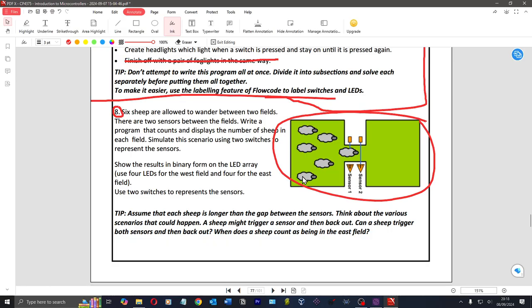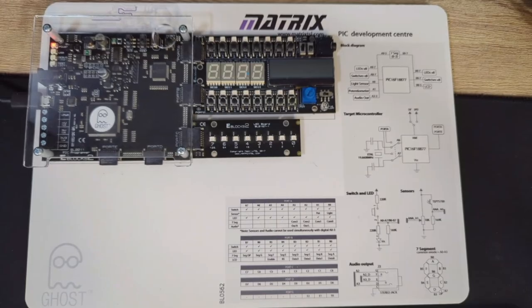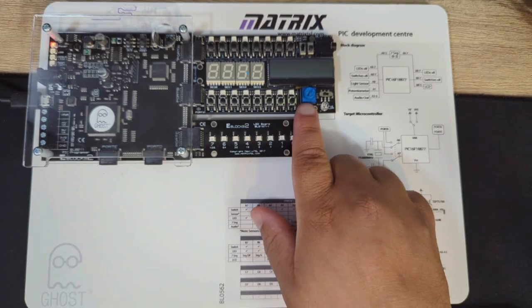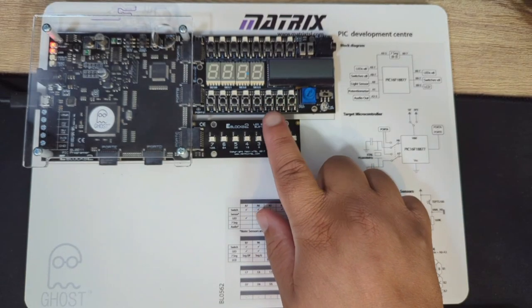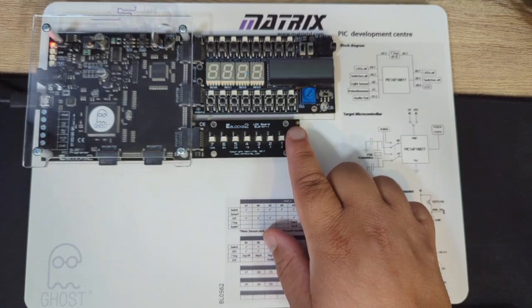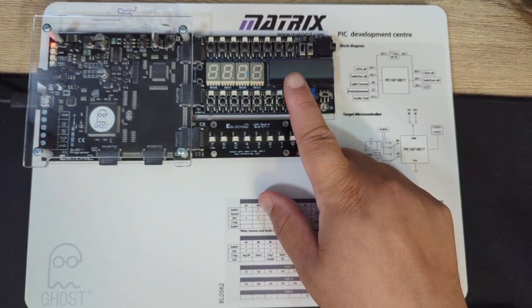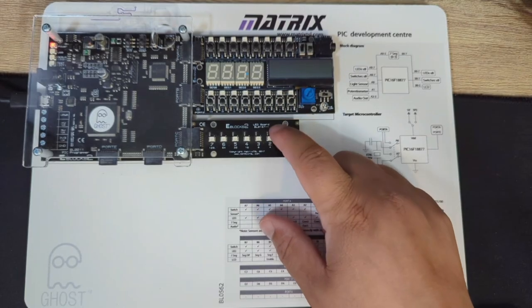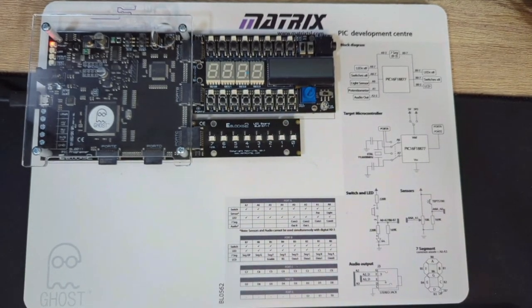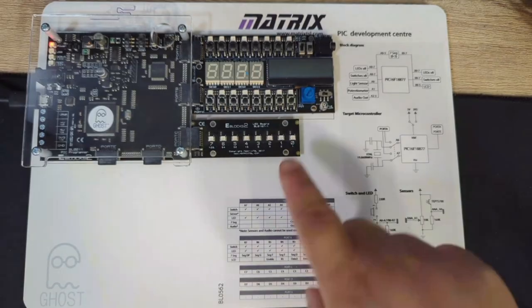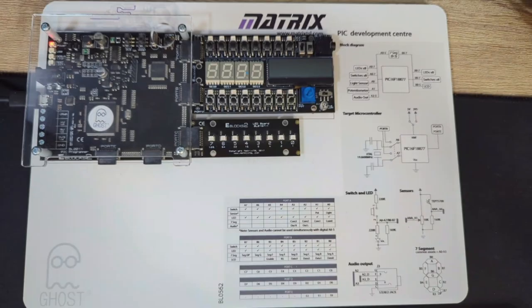Show the results in binary form in the LED array. Use 4 LEDs for the west field and 4 for the east field. Interesting. That adds like a bit of complexity where I guess I'd have to figure out what's what or do some masking and stuff, which kind of sucks. What would be easier for me is if I just wrote to just port B, port C, east and west. But I'll try and do what they're asking because I guess it's a bit more complicated to split these LEDs in half. Okay, so